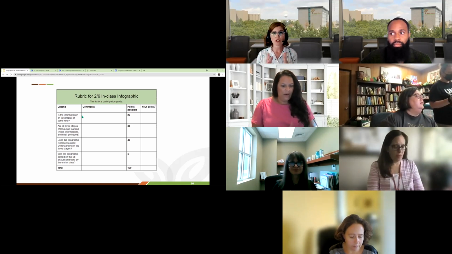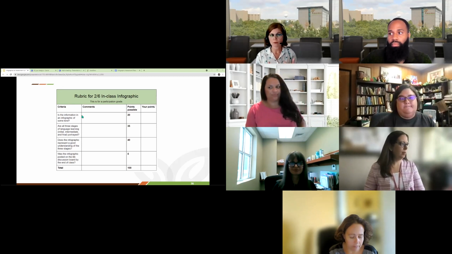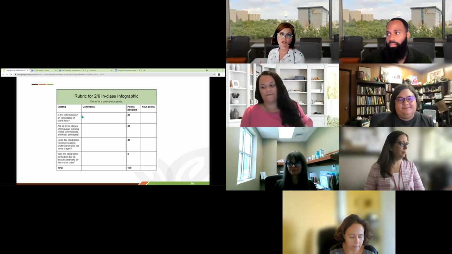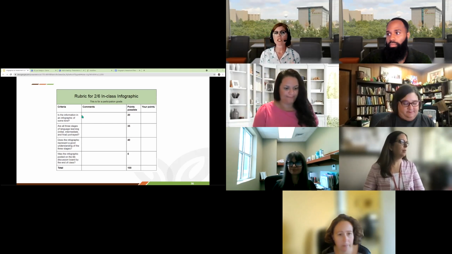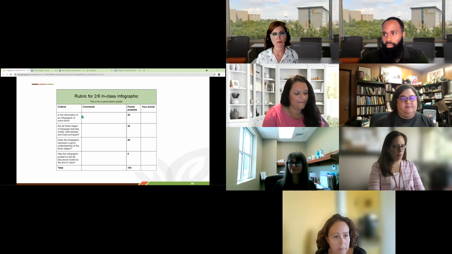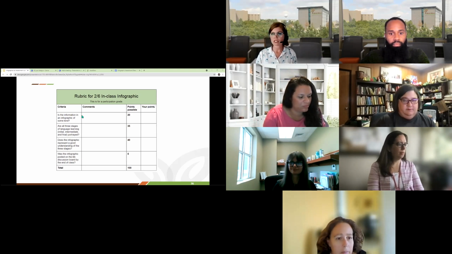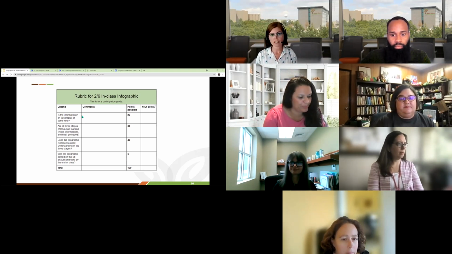So this is a rubric I made. This was an in-class quiz. It was an infographic. It was for a participation grade. The criteria that I looked for was, is the information in an infographic of some kind? Again, pretty broad. You could narrow it down if you wanted to. And then I was assessing for the 3 stages of language learning. So are all 3 stages portrayed in this infographic?